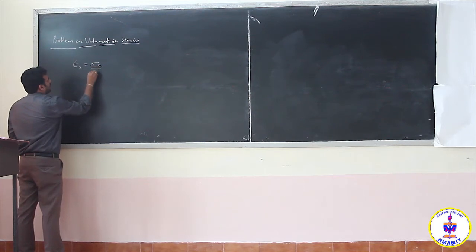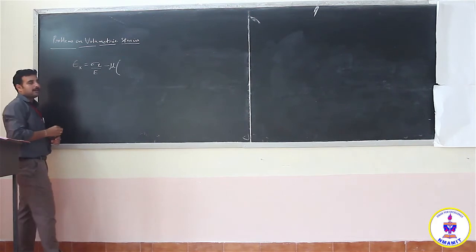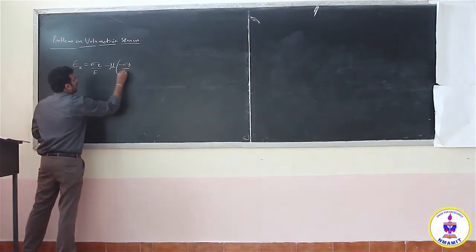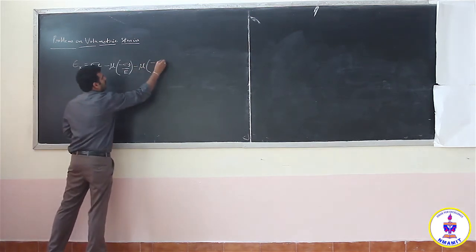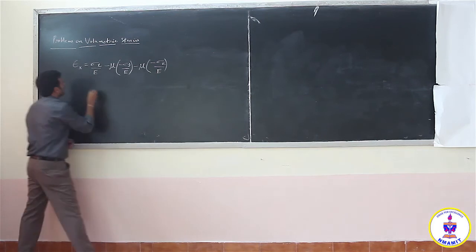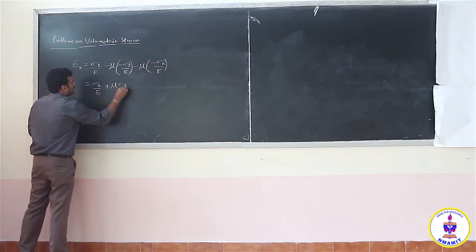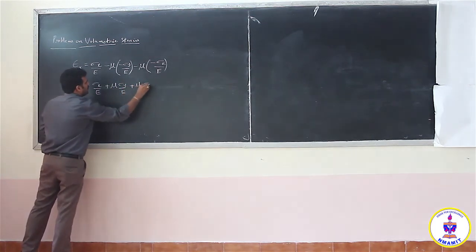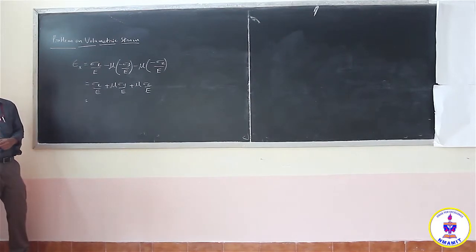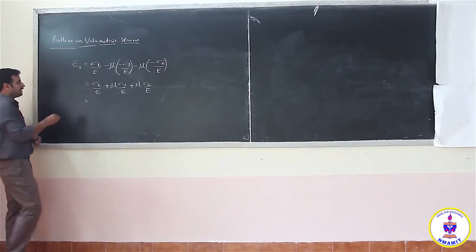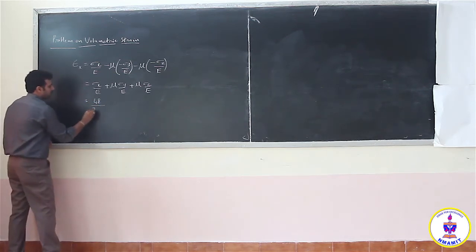So sigma x is tensile, minus mu into sigma y is compressive, so minus sigma y by E, minus mu into sigma z is compressive, minus sigma z by E, which is sigma x by E plus mu into sigma y by E plus mu into sigma z by E. Substituting the values, sigma x is 48 Newton per millimeter square divided by Young's modulus 2 into 10 power 5